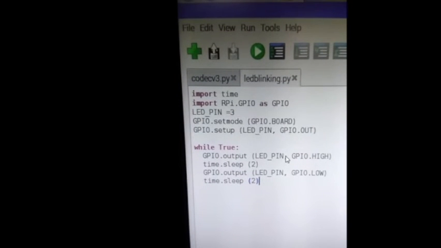And now this is the code. You can see the only new thing in this code is that I have defined LED pin equal to 3. 3 is the value, because my LED is connected with pin number 3, that's why I am using this syntax. And the delay is also 2 seconds, because you can see time.sleep(2). So the LED will turn on and turn off with an interval of 2 seconds.